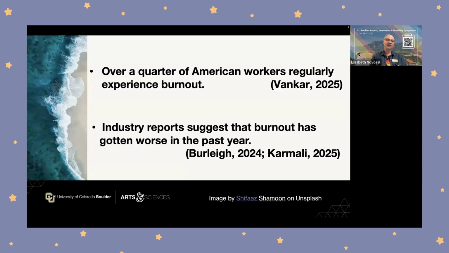I thought this was interesting. I took a little look recently because 2025 being what it is, being an exciting time, I did find some mostly industry reports about burnout, and that a quarter of American workers regularly experience burnout. That's pretty high. And then this industry report suggests that burnout has gotten worse in the past year. So it's progressively getting worse, which makes sense because we have an environment